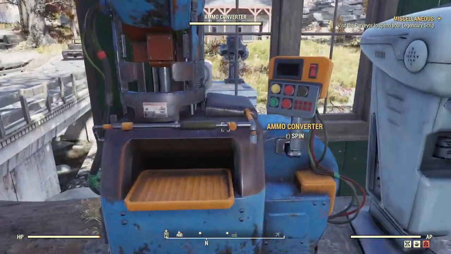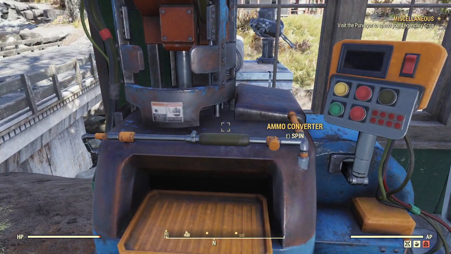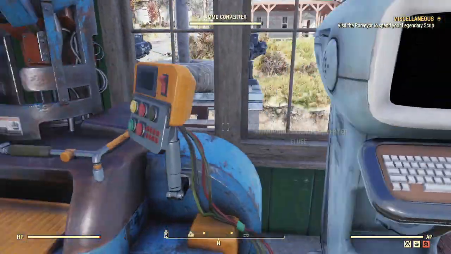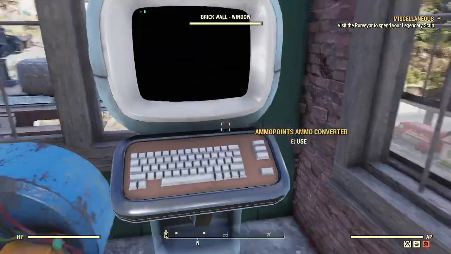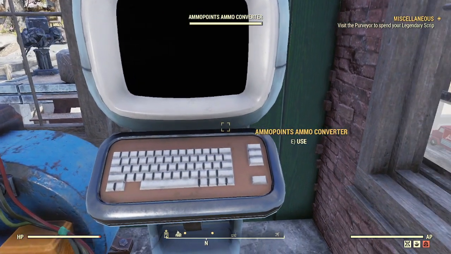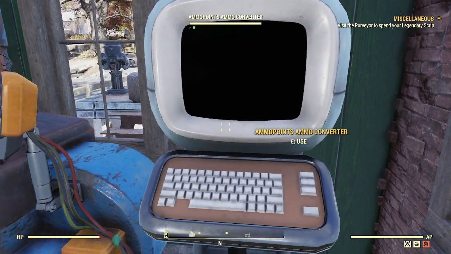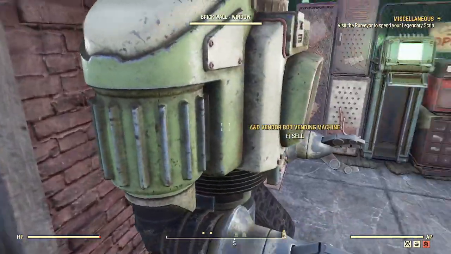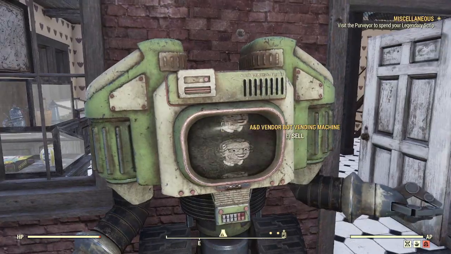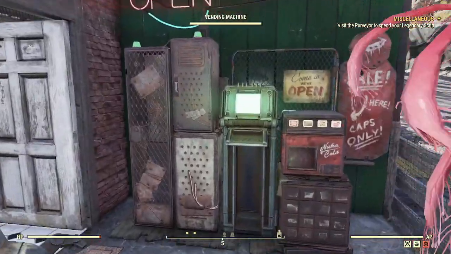You also have, for use of anybody who comes by as well, my ammo converter, which again is from the Atom Shop. So they can just trade in useless ammo, which I use all the time too, to convert ammo types that I don't use into ammo points, which I can then use to buy ammo that I actually do use. And then I have this vendor bot here, and a regular vending machine, so 2 people at a time can access my store